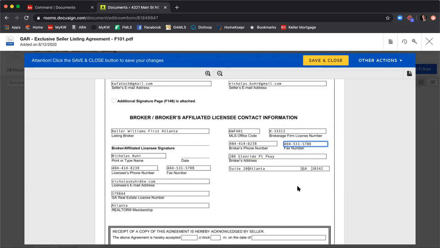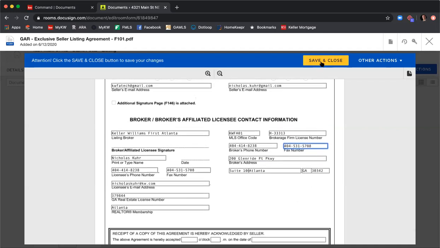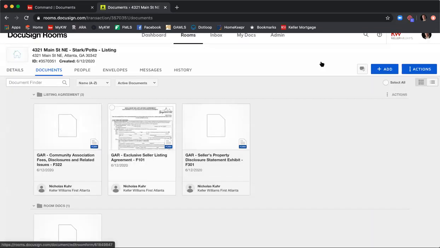Perfect. So it looks like I have all that information included here. So once you're done, click Save and Close. All right, perfect. So now I'm going to show you the two disclosures, the community association disclosure and the seller's property disclosure. And the reason I want to show you these,